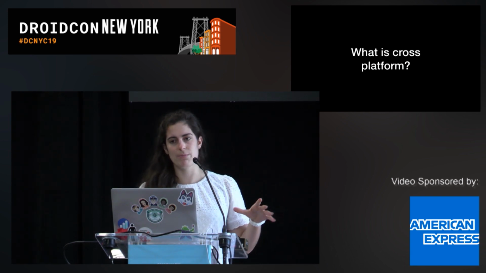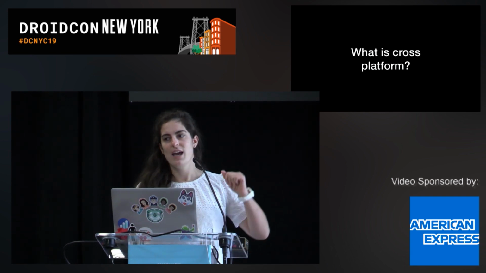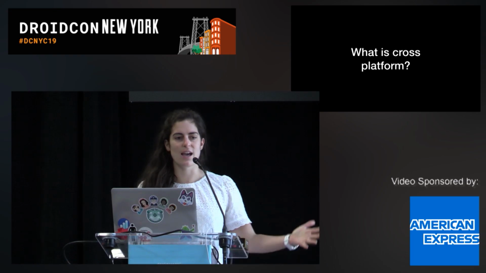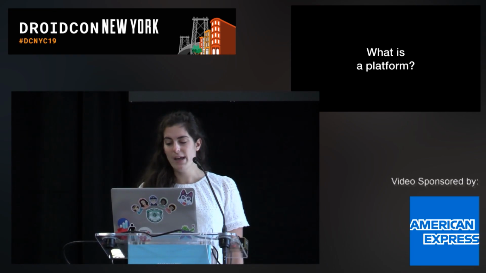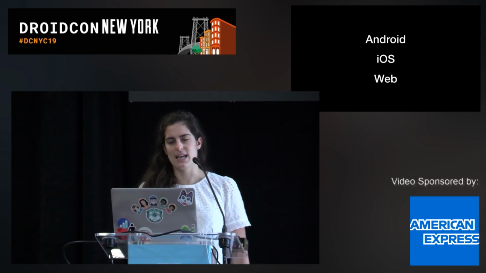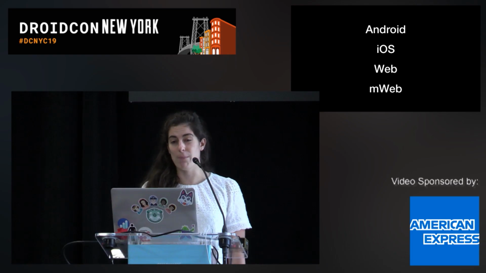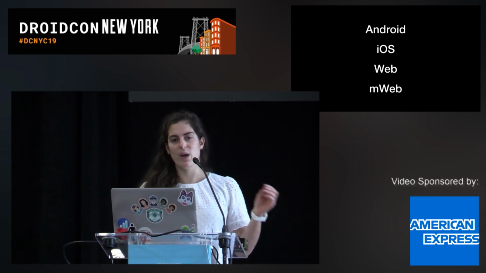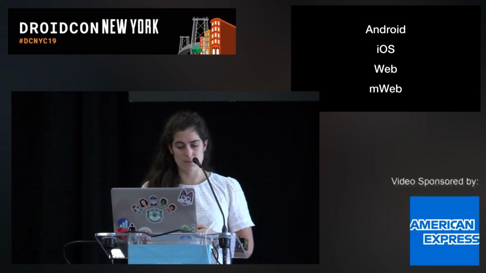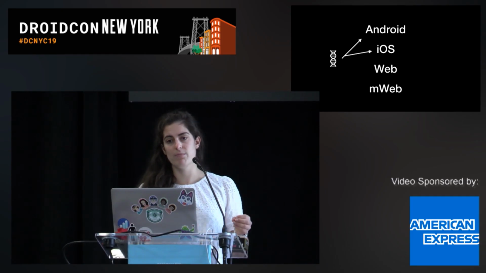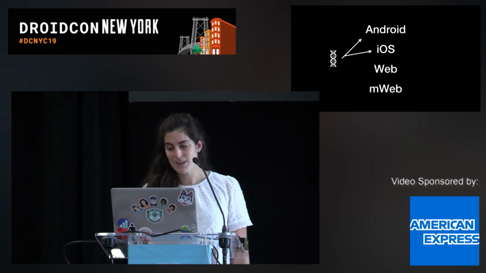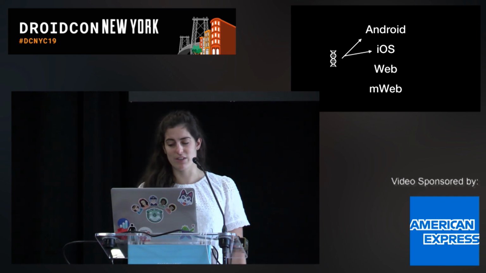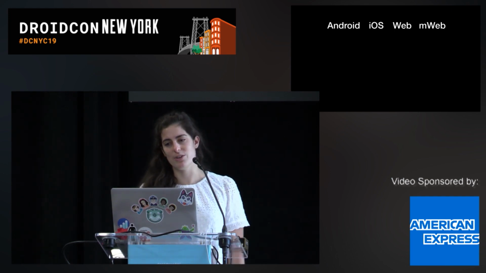Now, let me spend the first couple of minutes making sure that we're all on the same page. If I'm going to talk about cross-platform technologies, I better define what cross-platform is, and that leads us to what a platform is. We define three common front-end technologies, which are Android, iOS, and web, and if you really want to be an overachiever, you'll throw MWeb in there as well. Now, what does it mean to be cross-platform, if this is what it means to be a front-end platform? Well, cross-platform means taking a piece of code and sharing it across two or more of those platforms. So, pretty self-explanatory.